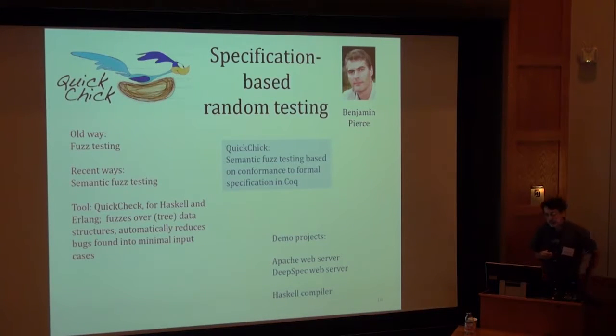QuickCheck is a tool for specification-based random testing. It's based on the QuickCheck tool developed around 18 years ago or so by John Hughes and others at Chalmers University. And the idea is it's a kind of semantic fuzz testing